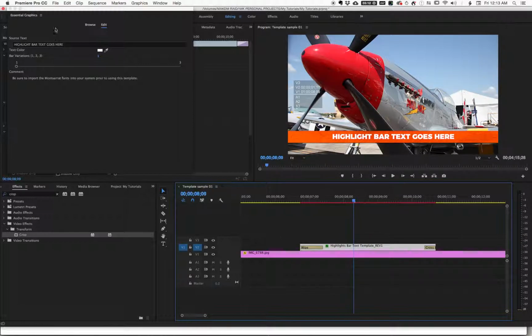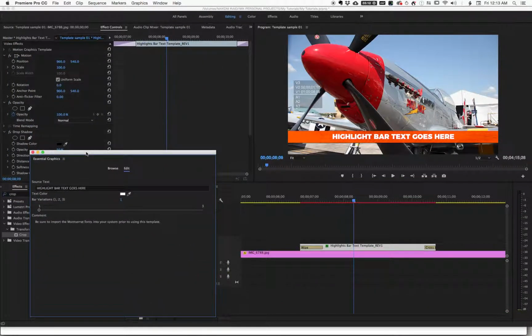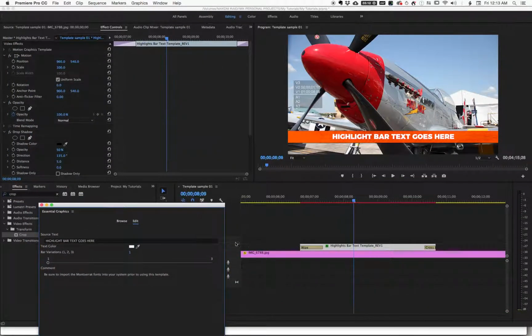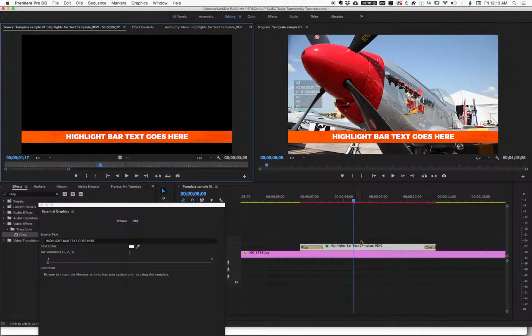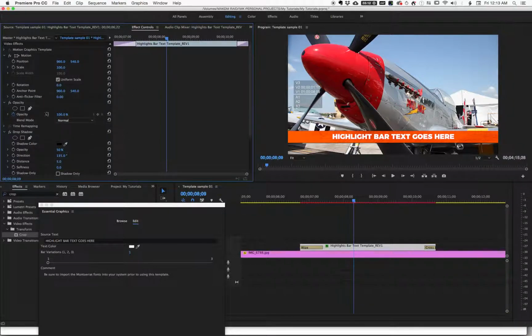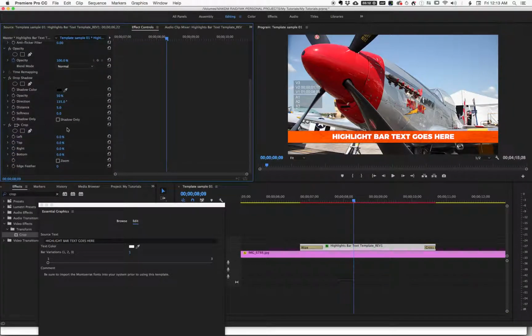And let's see, what you want to do now is just go ahead and adjust that drop shadow while you got a chance. Okay, so double click on the clip, go in effect controls, and now you have your drop shadow, your crop. Now one thing to let you know, and I'll show you the reason why this is a little bit later when we're actually doing it, but if you're going to use crop and drop shadow, you really need to